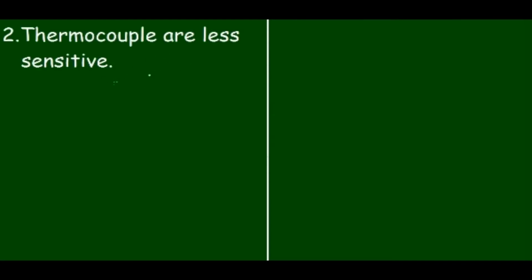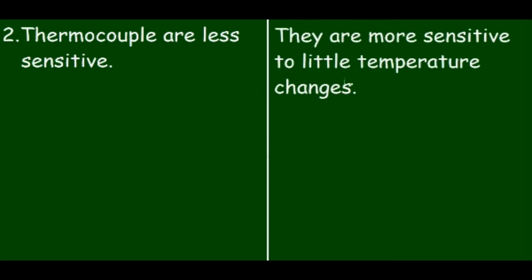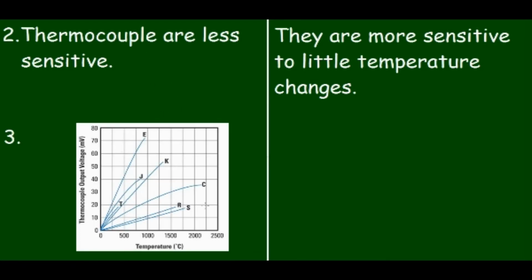thermocouples are less sensitive to minute temperature changes, and thermistors are more sensitive to little temperature changes. The output voltage versus the temperature curve for a thermocouple is known as the characteristic curve. On the basis of the temperature differences, thermocouples are categorized as J, K, etc. Now the meaning of these are,